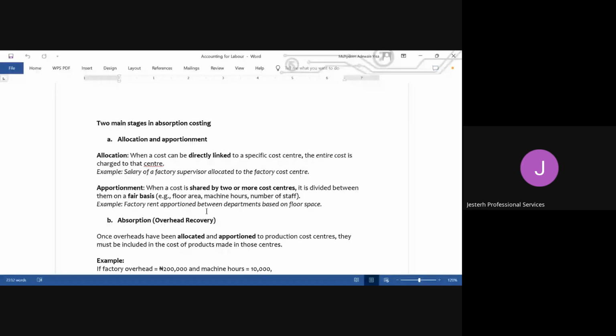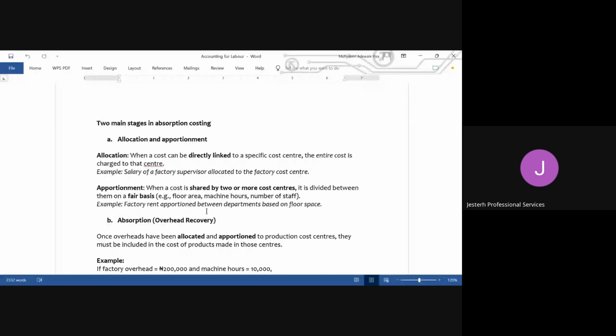You plan to spend a certain amount of money for them to carry out those levels of productions. And then as a management accountant, you now decide, okay, to be on a fair basis,